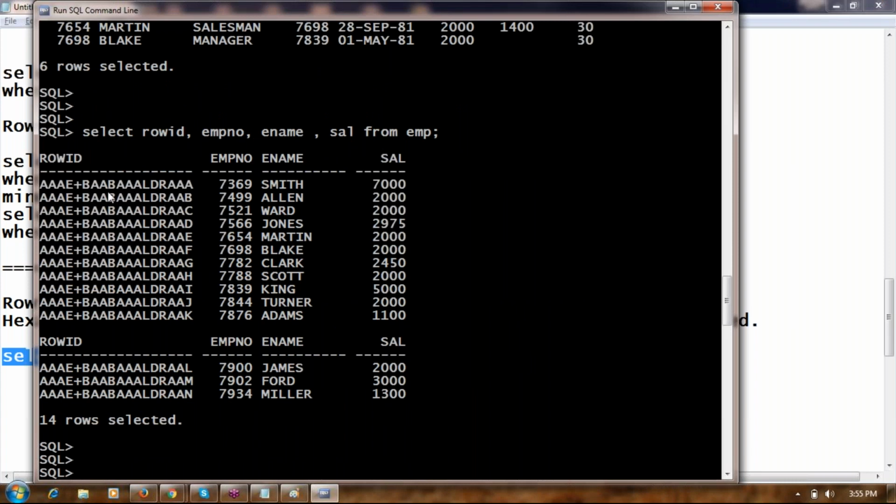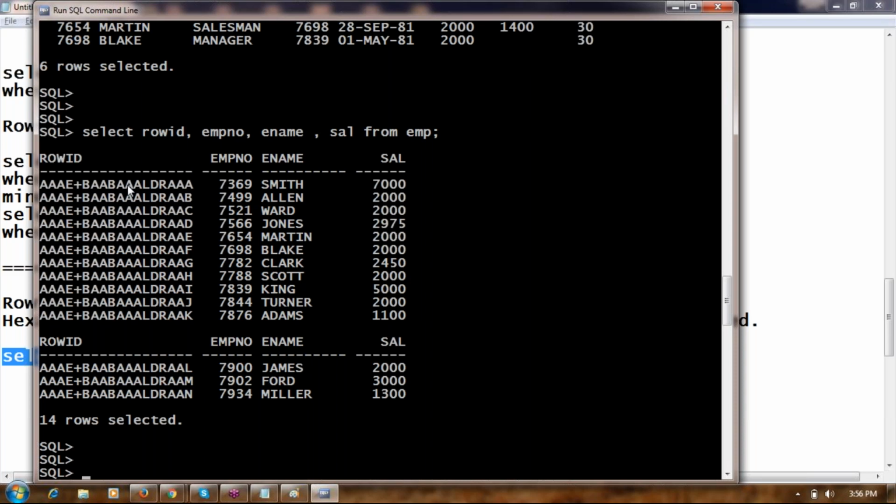These row IDs are nothing but hexadecimal values. Observe the last letter of the hexadecimal value, starting with A, B, C, D, E, F. That means you should understand that these rows are stored in continuous memory locations. What does this hexadecimal value indicate? It indicates the address of the row. Whenever a row is stored, where it is stored in memory, that is in the hard drive, that memory will have an address. Address is nothing but referred to as row ID.